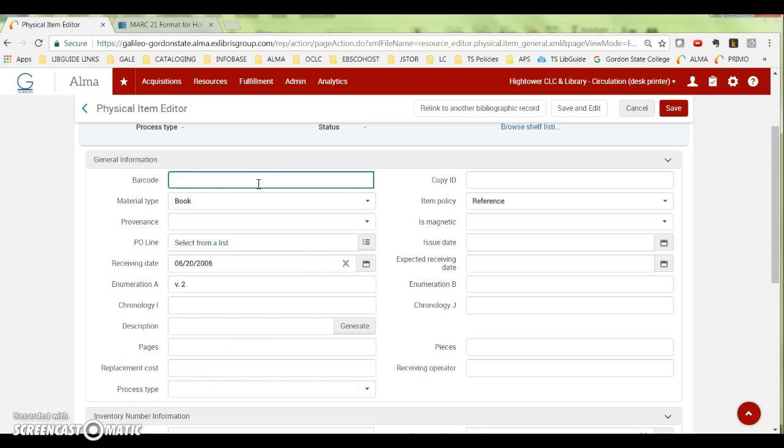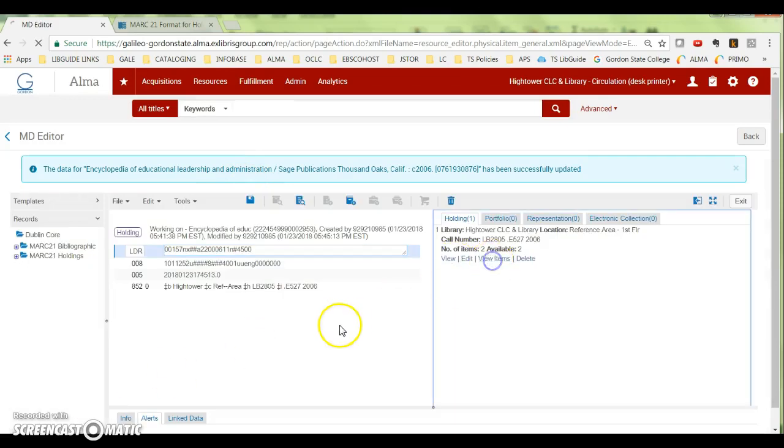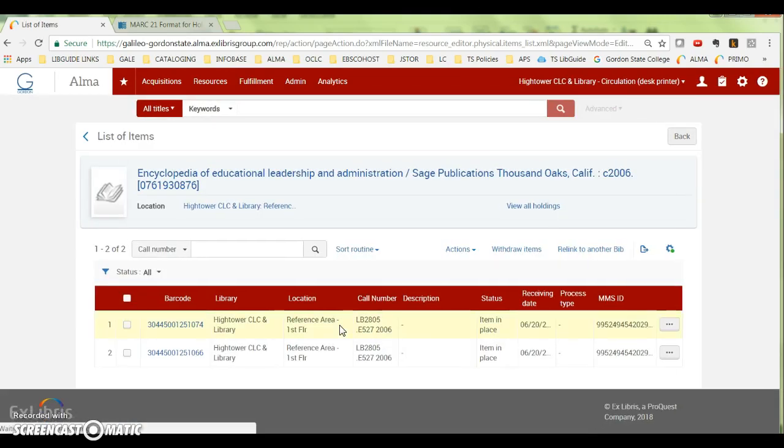And we're going to scan the barcode for this one. All right, and you see we have our volume 1